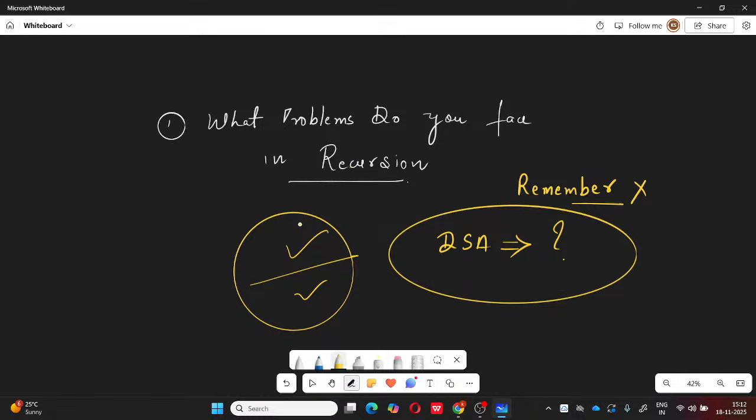Like, I don't know Java, or I don't know any programming language, or the doubt could be as simple as that I don't know how to code a simple pattern, right? A star pattern or something like that. Or otherwise, it could be that I can solve the problems, but later on I forget them all. Like, how did I approach that particular problem? So the problems could be very simple, they could be very complex. That's why I just want to know from you people what you feel about it. How do you think that DSA is important? Do you think that DSA is important? Do you guys feel like DSA is important?